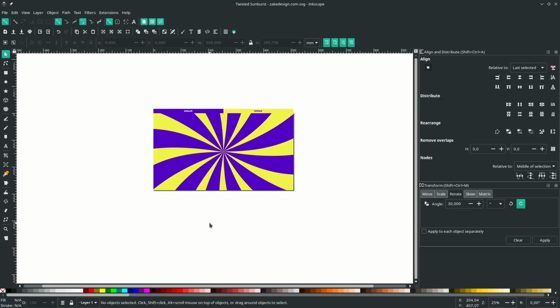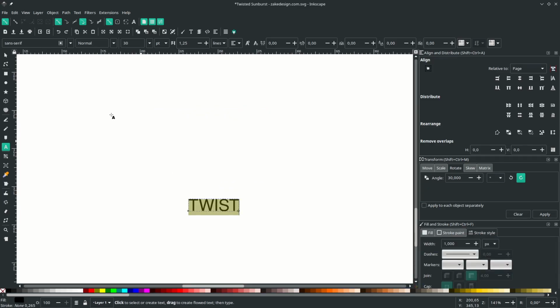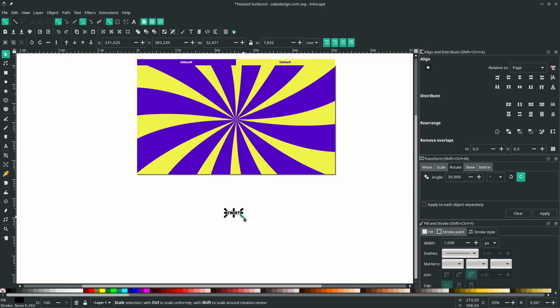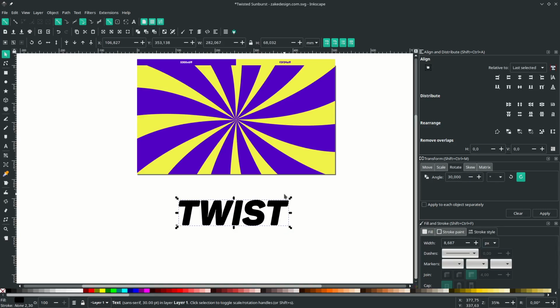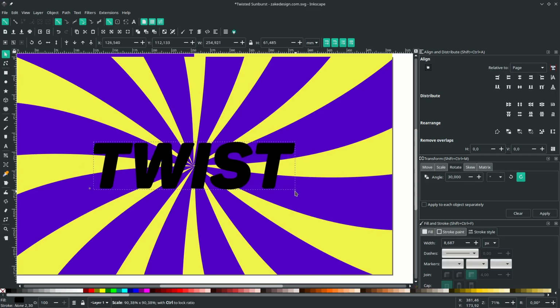So the last thing, we're going to add the text element. Text tool, press T, then type some text and change the font to Pantone in italic style. You can download the font in the link in the description. Just scale it up, bring it up to the center, change the relative to the page and click the center icon. Just scale it down a little.